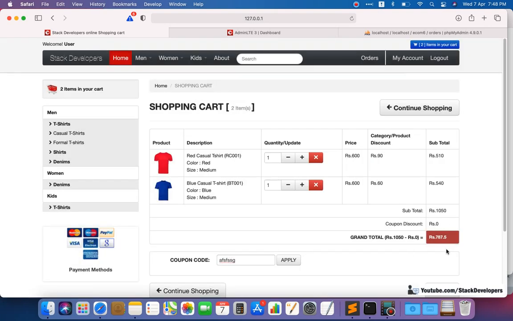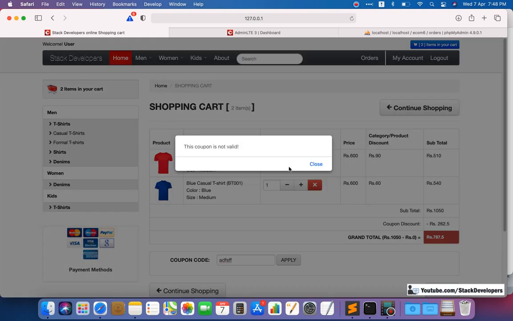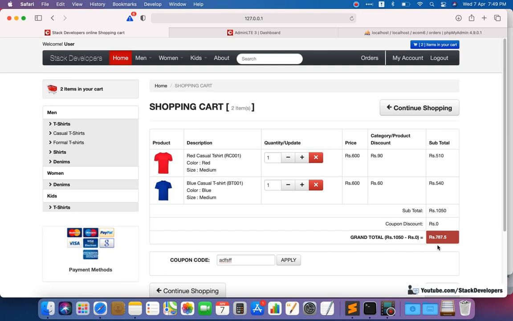See, the grand total is incorrect here, and you can see the coupon discount again comes up. You can see this issue has come up. Even if we pass wrong information here, then this coupon is not valid and this discount must go away. But if we refresh, it is still showing. To resolve this coupon error, we need to expire the coupon session. If the coupon is incorrect, then we need to forget the coupon code and coupon discount sessions. I am going to show you how.